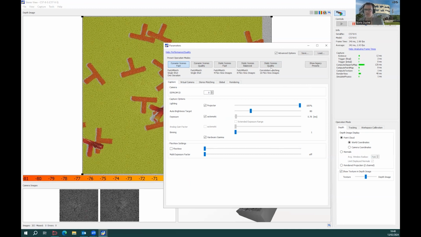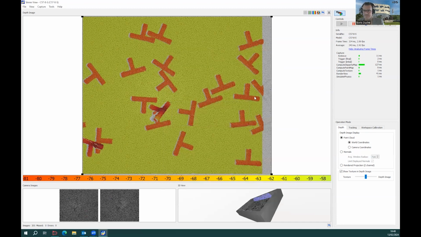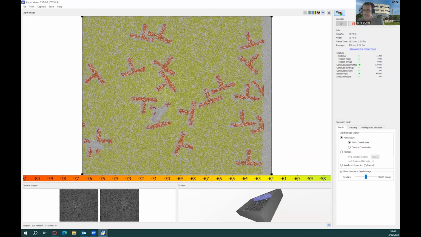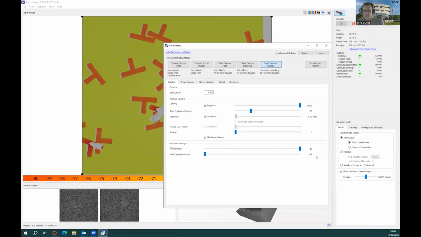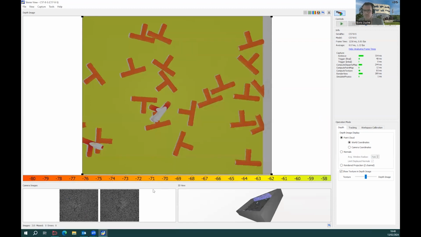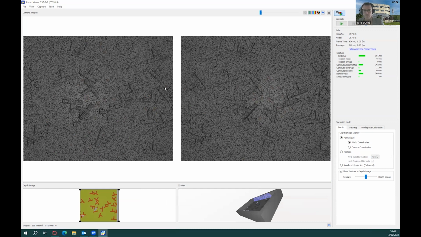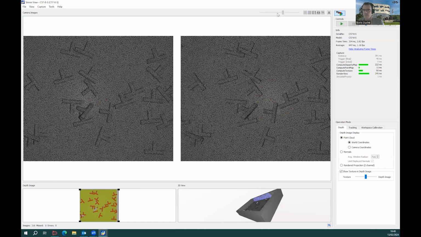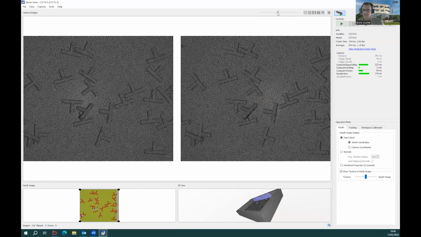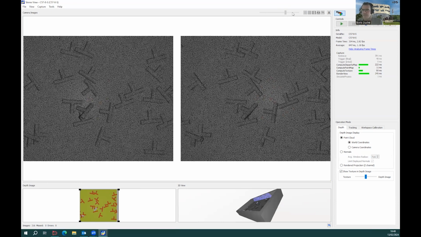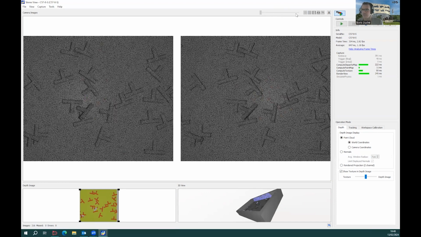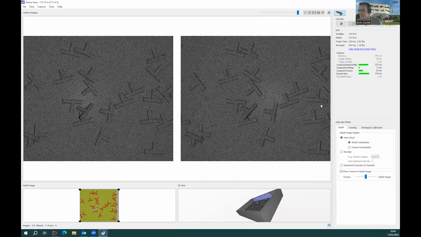So once again, if I go back to static scene quality, now FlexView is enabled with 16 pairs of images for one 3D reconstruction. We can take a look if we want. Let's close it. If we go to the monocular image view, you have this slider here that permits you to go through all the images acquired via FlexView. So you can see, remember the projected pattern is moving, and you can go through all the images to understand what is happening.